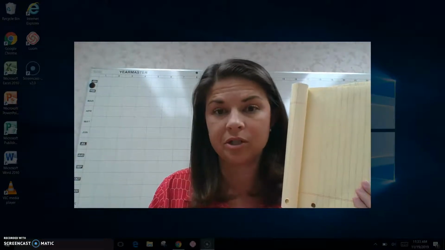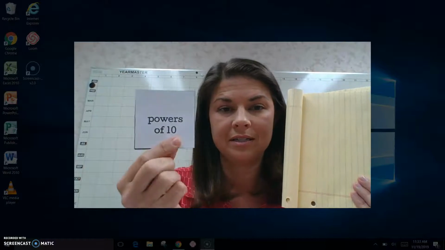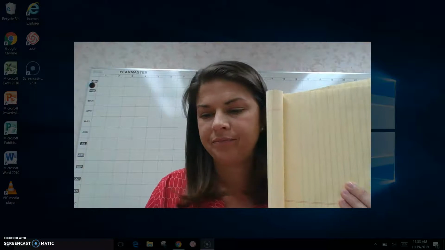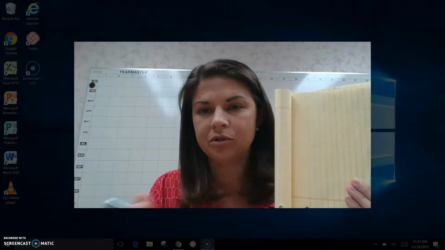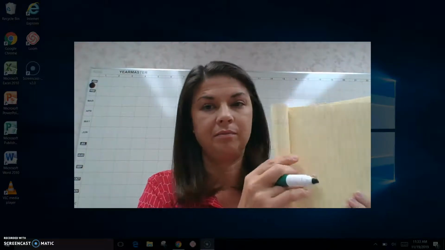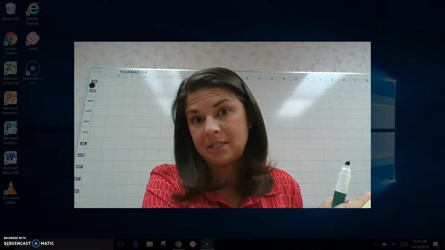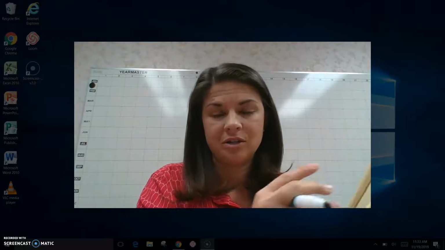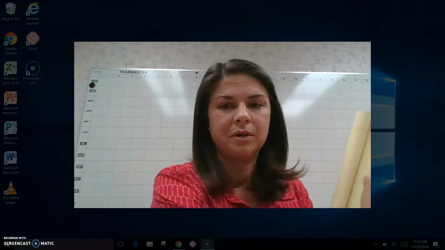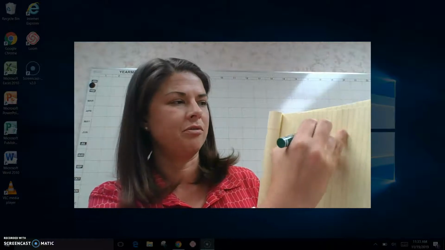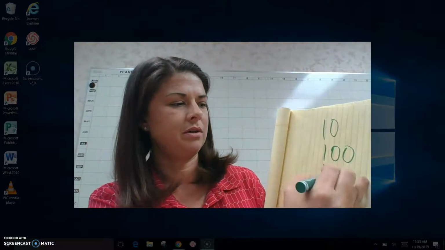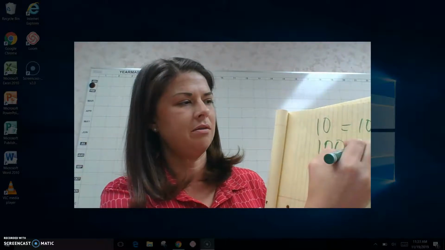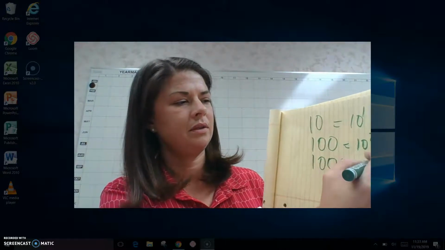And I'm going to pick up the first card, and the first card is this. And I can't say the word, but here it is. So silently, I would be drawing what this means. Hopefully they are not going to draw 10, 20, 30, but that would be a good discussion on the difference between powers and multiples. So what I would draw for my group, because I'm a kid, is like that, and then if they didn't get it from there,